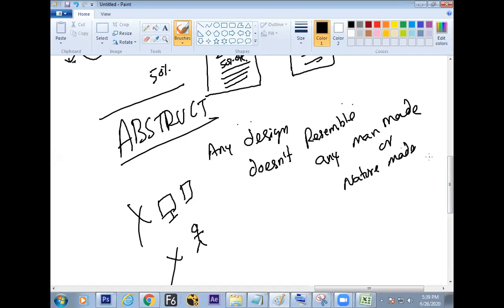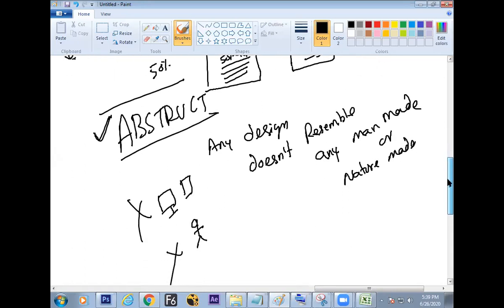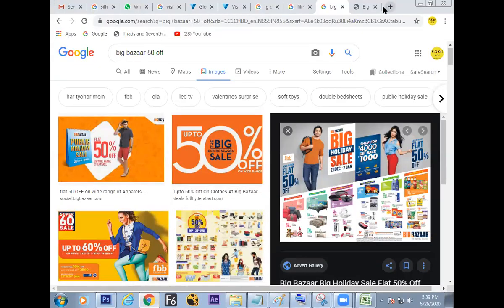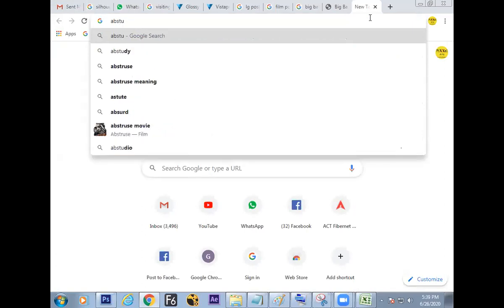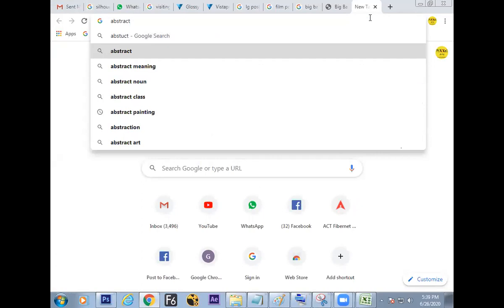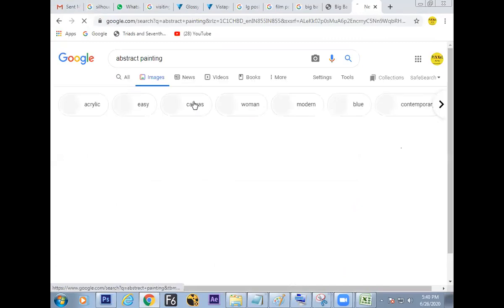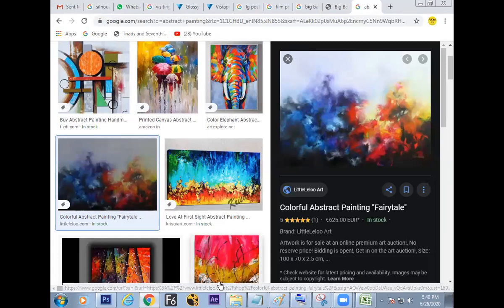Let us take an example and understand the things better. This is one of the beauty rules. Breaking all the things, if you make a mistake also, that sells in the market. Let us see how an abstract design looks like. If you can see on your screen, a random color throw has happened. This sells in the market with a higher price. Nothing is there which is not created by the human being or the nature, but it sells in the market with a higher price. What is the conclusion?